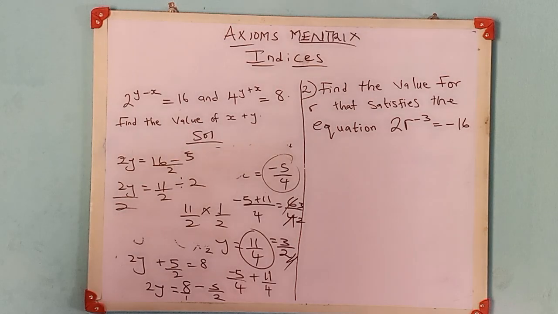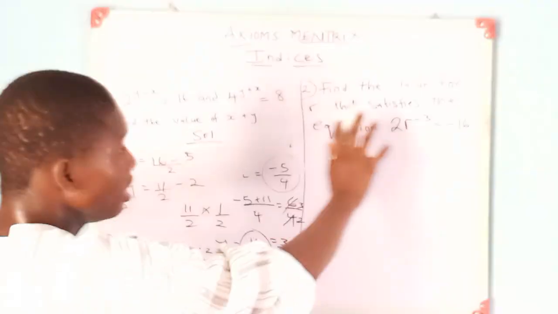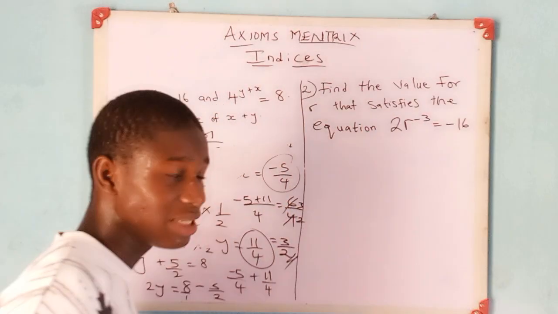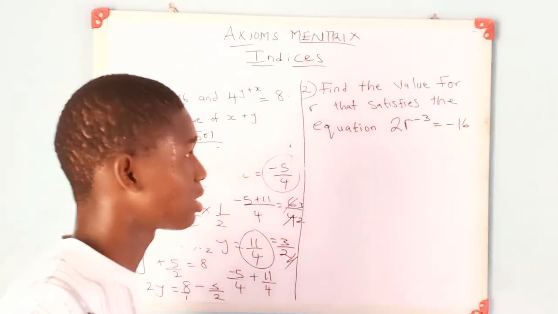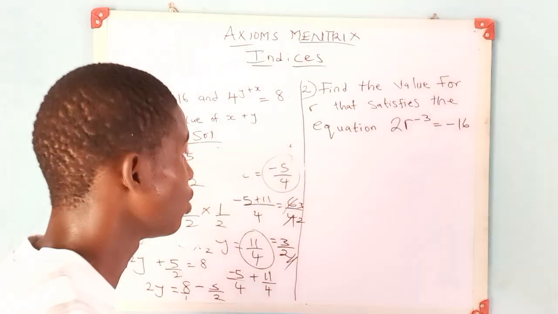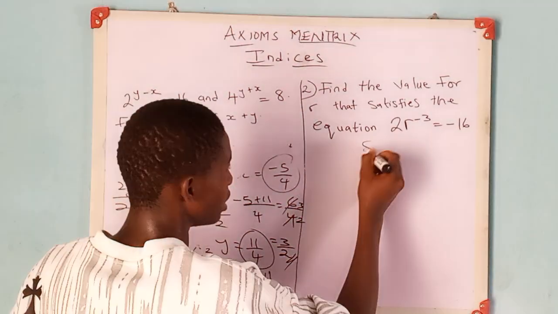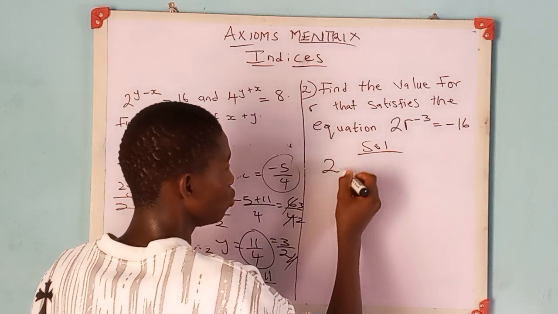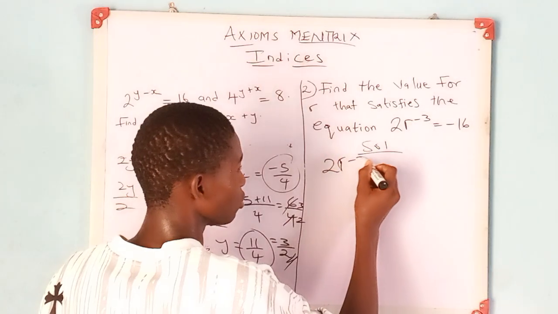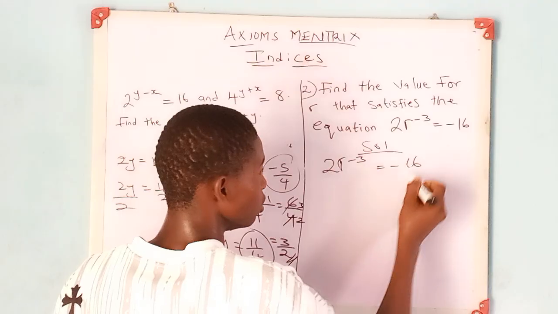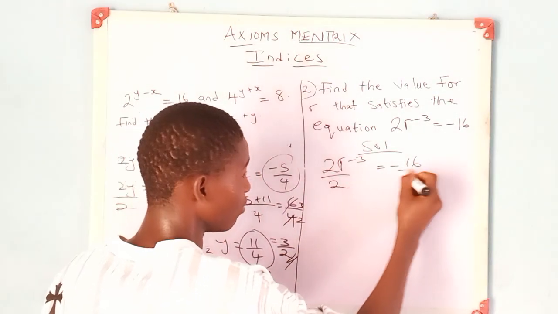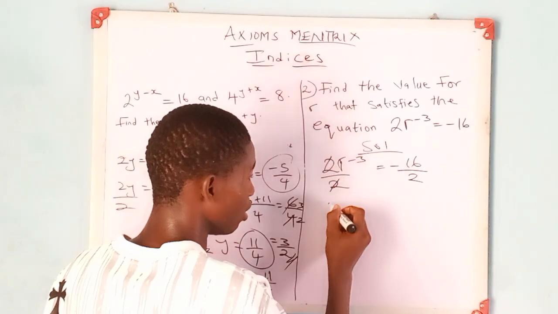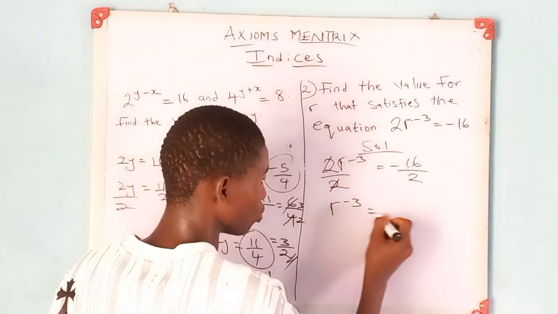So now let's go to the second question that says, find the value for r that satisfies the equation 2r minus 3 is equal to minus 16. So now let's solve this real quick. Firstly, let me bring out the question. I say my solution. My question is 2r minus 3 is equal to minus 16. Firstly, I want to remove what is standing with my r, so I'm going to be dividing by 2. So what I'll be left with is r minus 3 is equal to